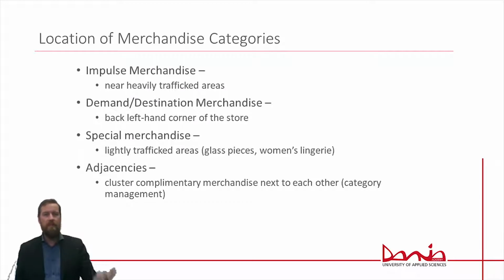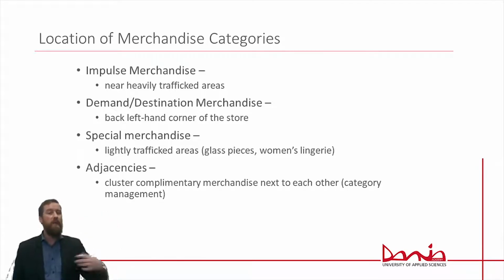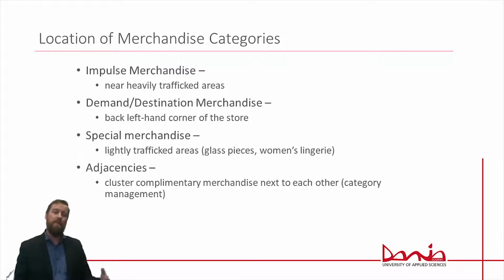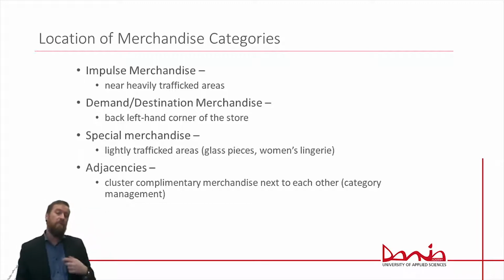Different types of products in location. Impulse merchandise, heavily trafficked areas. They go there and they don't intend on buying that chocolate bar, but well, we do it anyway. Demand destination merchandise, back left hand corner of the store. We need to go there, so we will go there anyway. We will search it out, so no need to place it at a location where we can quickly get out again. Special merchandise, lightly trafficked areas out on the sides, often in the center as well, because you have a tendency of moving around different areas. And then remember the adjacencies,